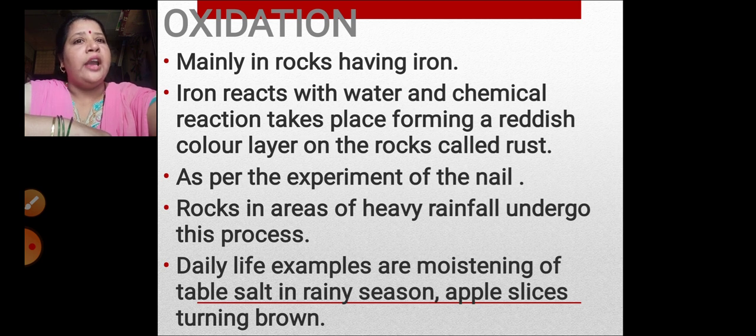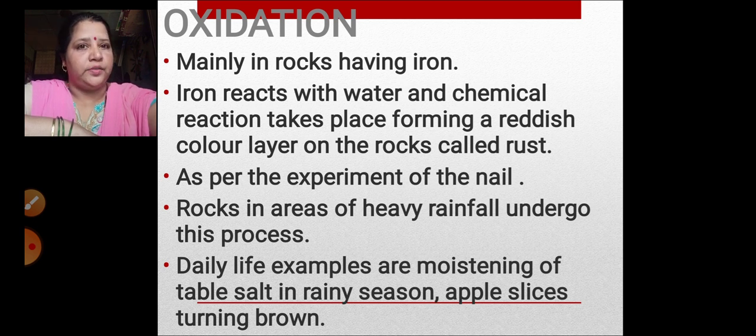As you all know, iron reacts with water. Okay, just now we have seen in the experiment over here that iron reacts with water, because the cloth over here was wet and the nails were iron nails. So iron reacts with water and a chemical reaction takes place, because of which you could see the red color marks on the white cloth. So here iron reacts with water and a chemical reaction takes place, forming a reddish color layer on the rocks